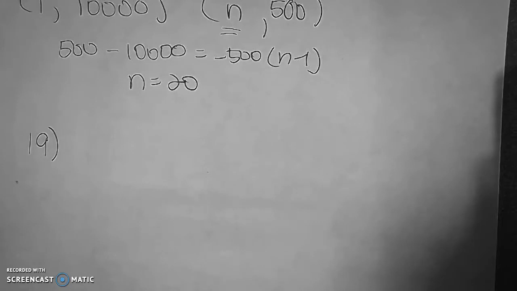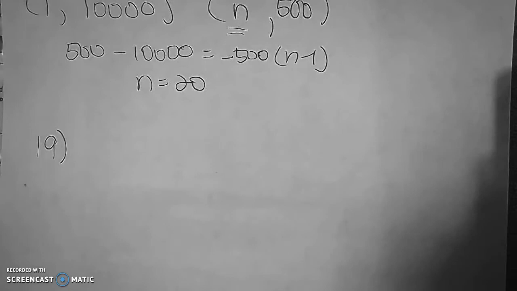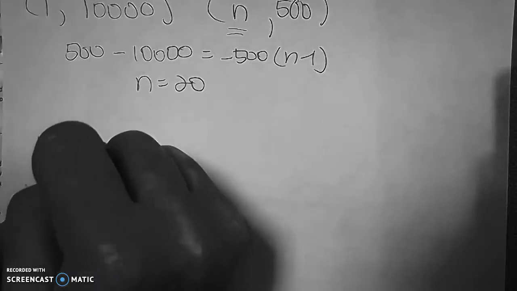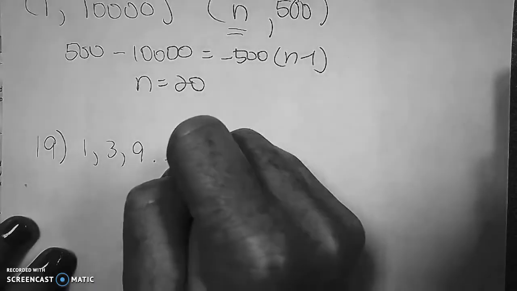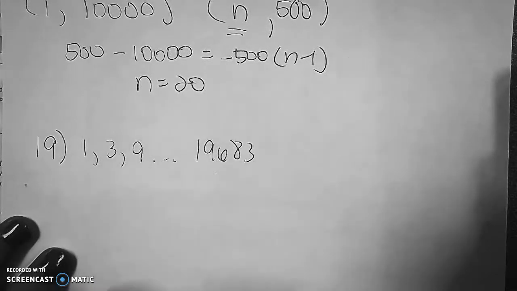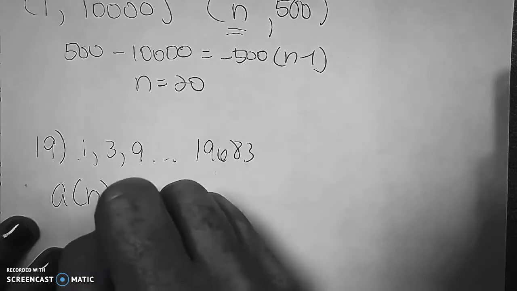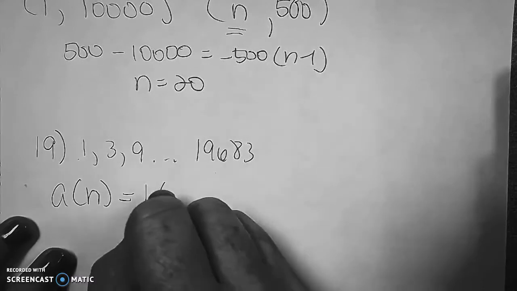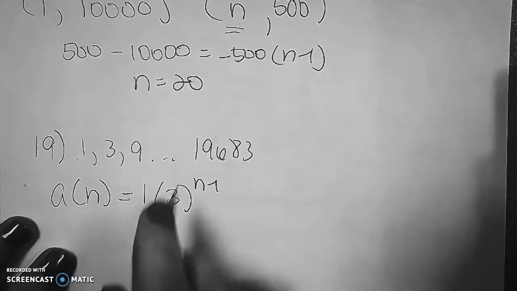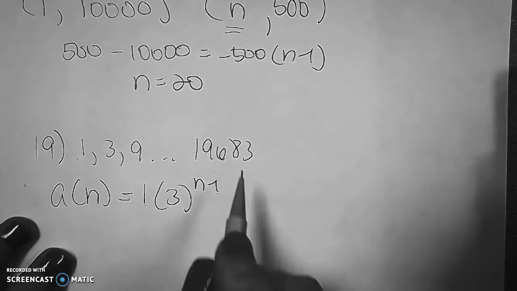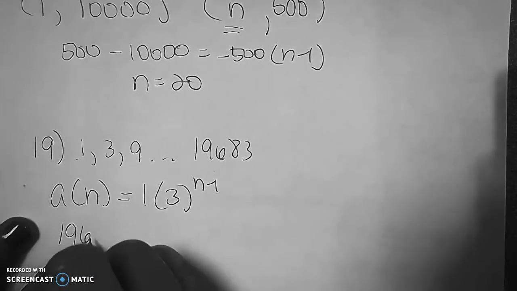A couple people ask about both 18 and 19, and these problems are very similar in that they are geometric, and you're trying to find n. So if I look at 19, and 18 is worked the exact same way, I can write the explicit formula. A sub n will equal, my first term is 1. I can see r is 3. And since I used the first term, my exponent is n minus 1. I'm trying to find which term is